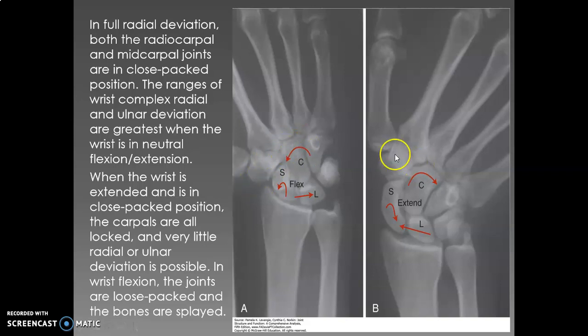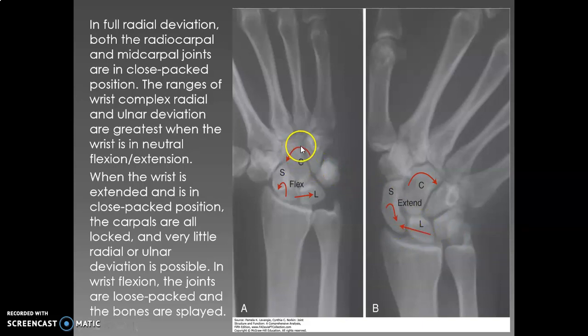How large a movement is this? See the movement here. Compare it. And here also see the lunate, which is present on the radius, but half of the lunate is popping outside. It is not gliding on the ulna, because the whole soft tissue structure is there, and it is moving on the triangular fibrocartilage complex. So here you can see that in ulnar deviation the lunate has totally gone inside, and it is pushing the scaphoid laterally.